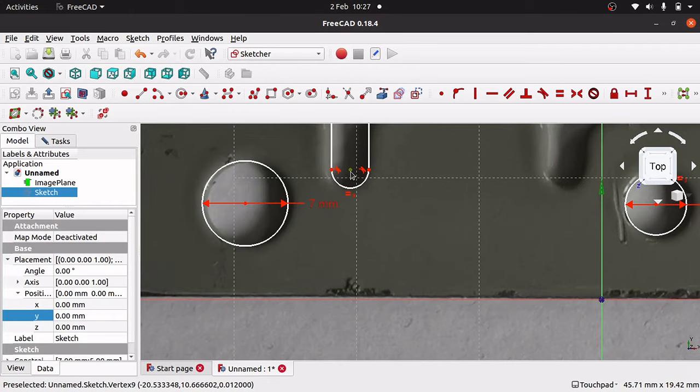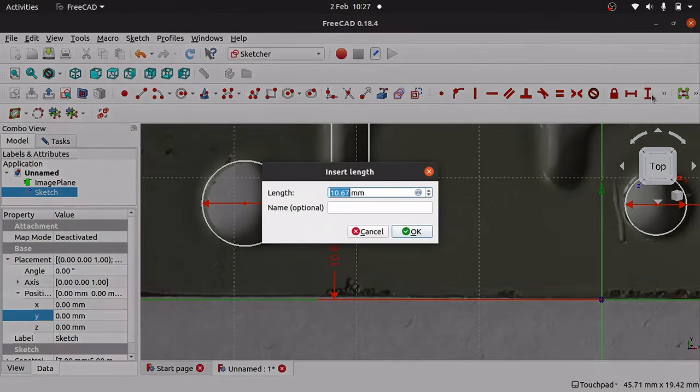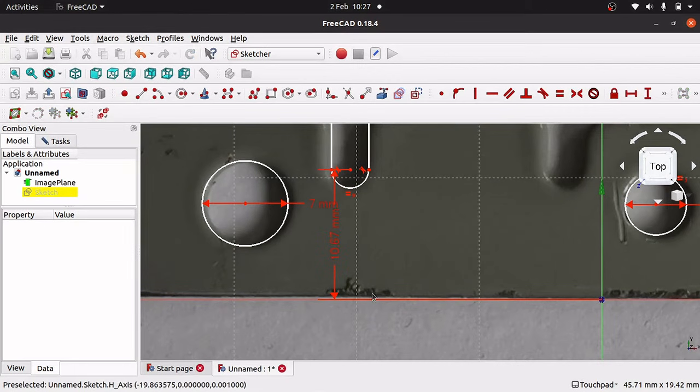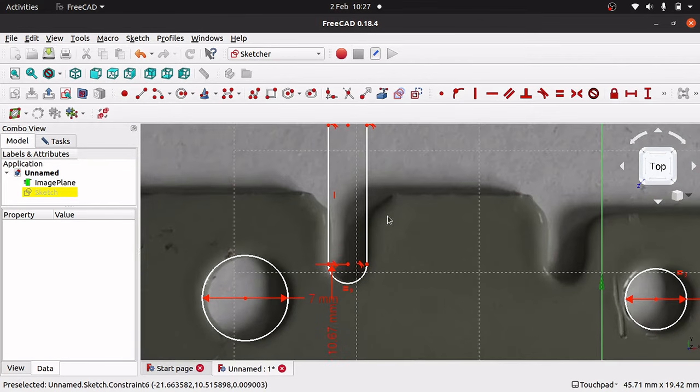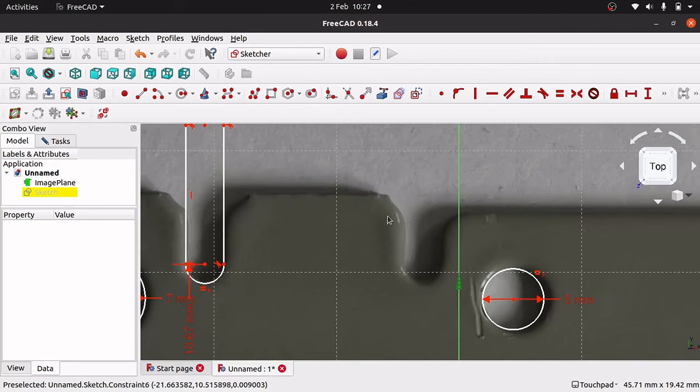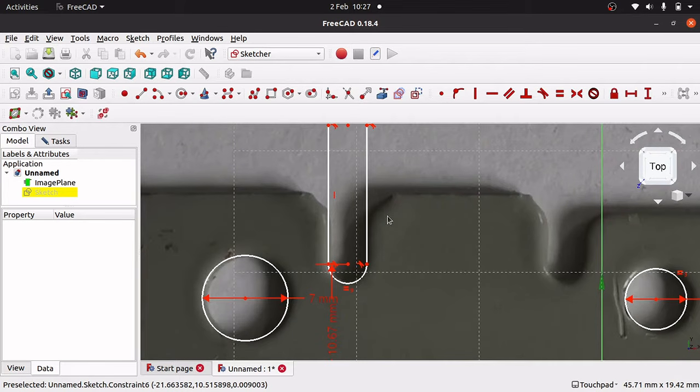click that part there, that point, and click this line, and I'm going to put a height constraint in there. So that's constrained it to that line, so that shouldn't move up or down, which is good. So that's in position there. It can still move from side to side, so I need to constrain the